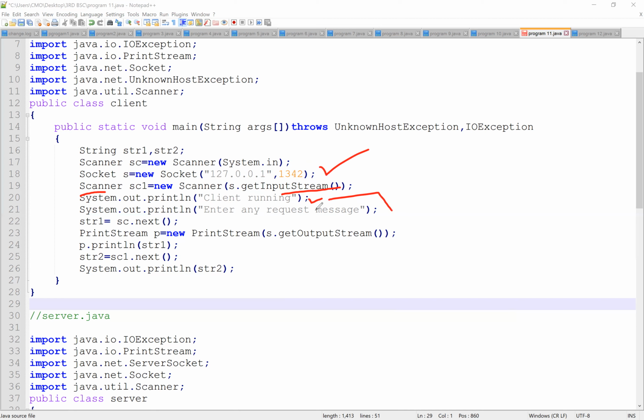We are having two statements here. The first one is client running, and the next one is enter any request message. Here you can write any message on your output screen. That will be read and stored in str1, and the same thing will be displayed over the output string.